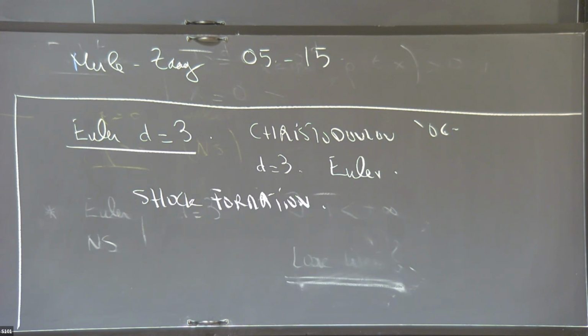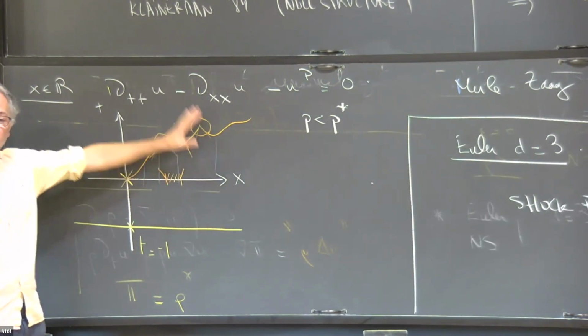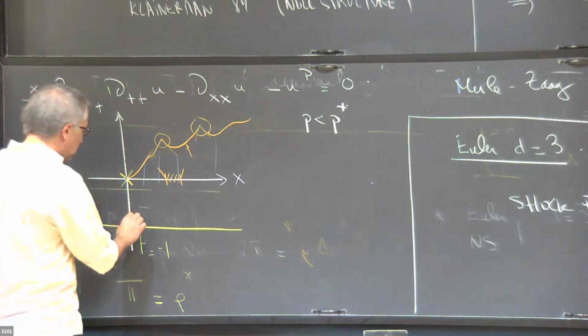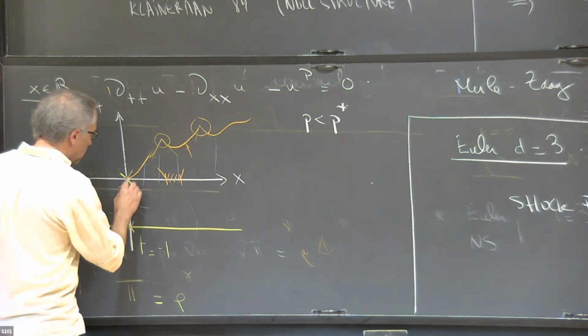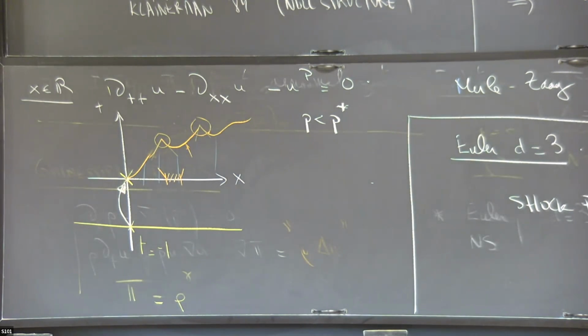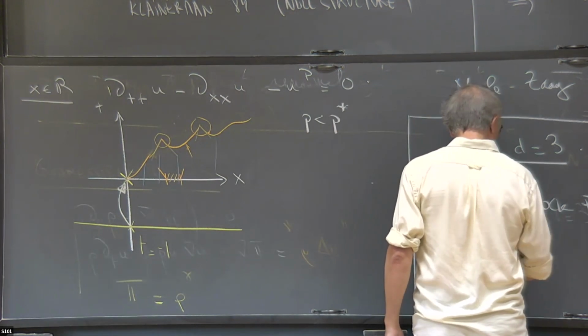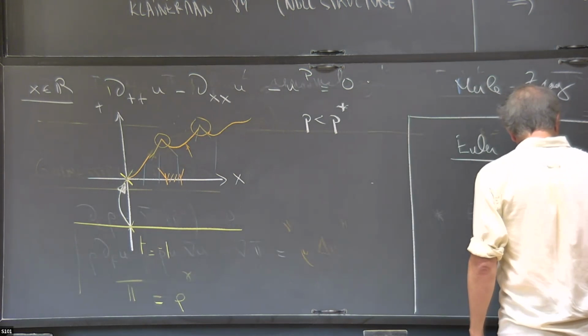Okay, so maybe there's some symmetry, but it's typically a construction. It's about choosing carefully the data so that you will have a first-time singularity, and then you will have a description of this picture. The important thing for what I want to say is that the one key thing in the proof is to understand what's happening at the first time of singularity. What's the typical picture that you have here? At the first time of singularity, let's pretend that it's 0, what you see is a Burgers type blow-up